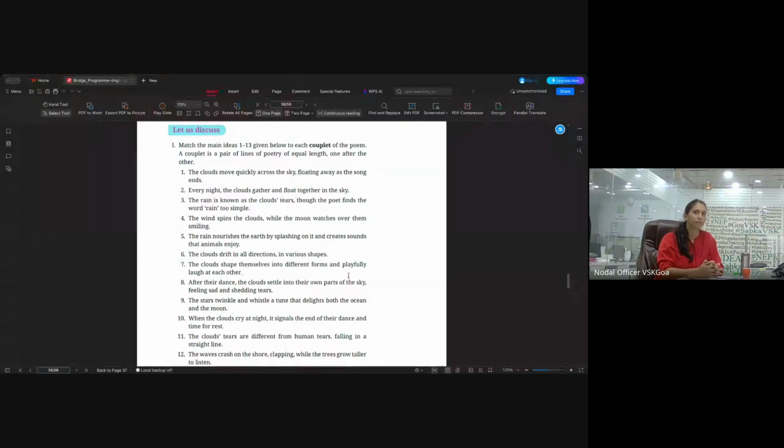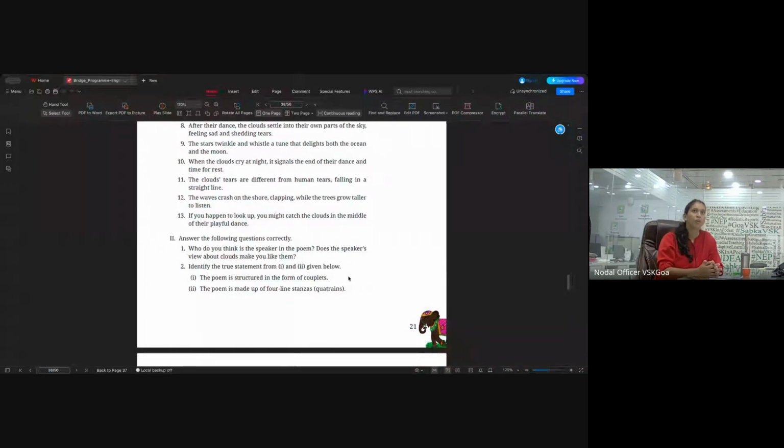Come down, sir. Okay. Who do you think is the speaker? Again, these are questions based on the poems. I won't go through them. But there's a mention of quatrains as well. A quatrain is a poem made up of 4-line stanzas. So you can encourage them to write their own couplets or their own quatrains. They can just give it a shot, use rhyming words or the structure that they like and get it done. So scroll over.